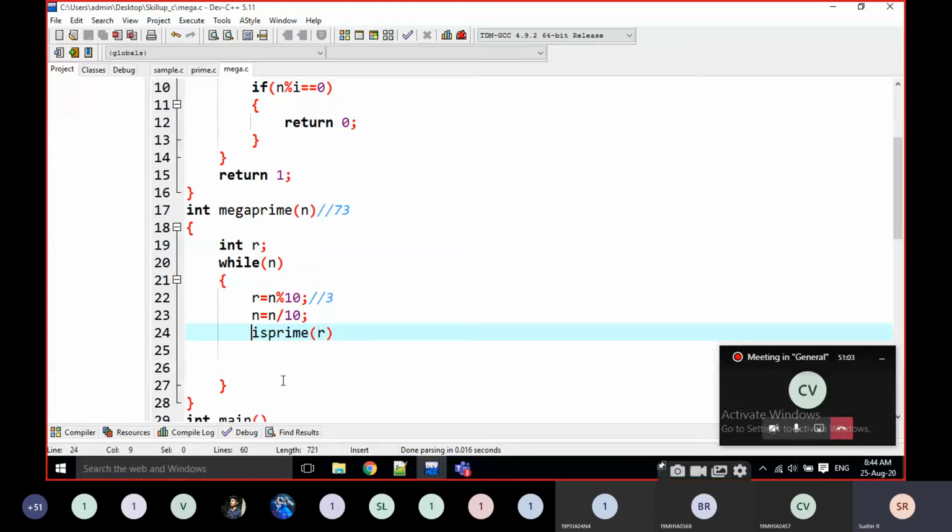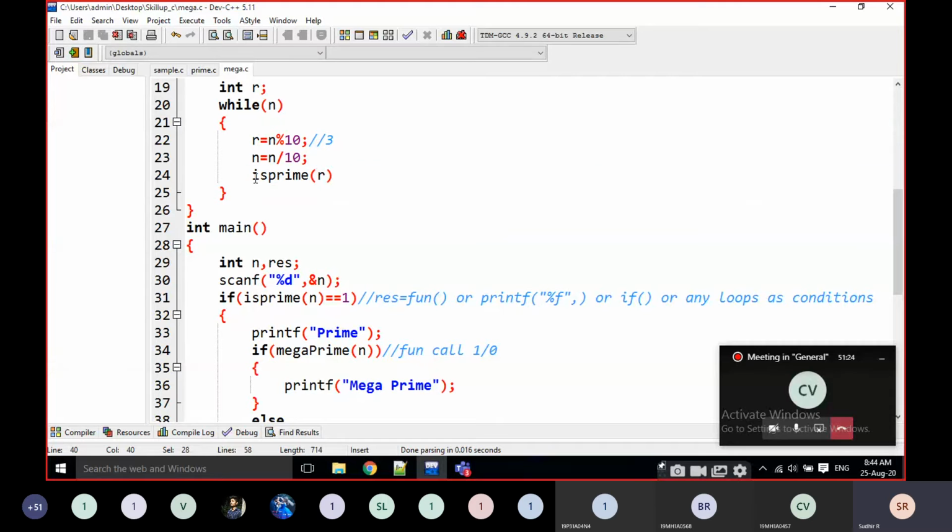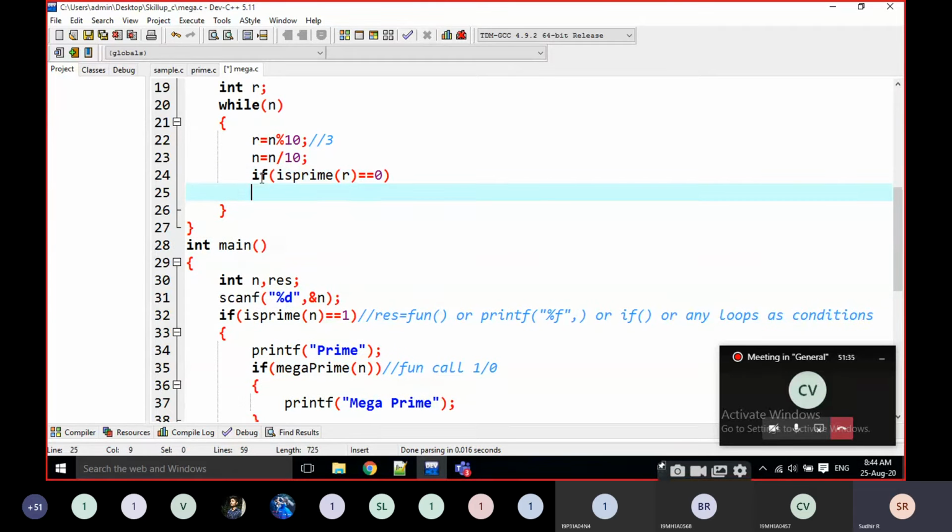Now what do I have to do here? If the digit is not a prime, we have to return 0 for not a mega prime, right? Here I am going to check if is prime of r is equal to 0.